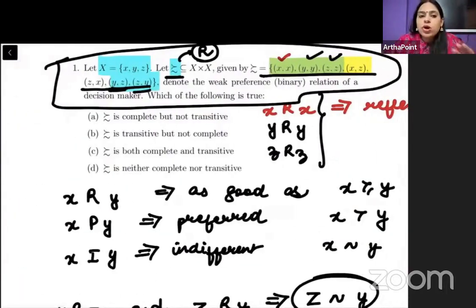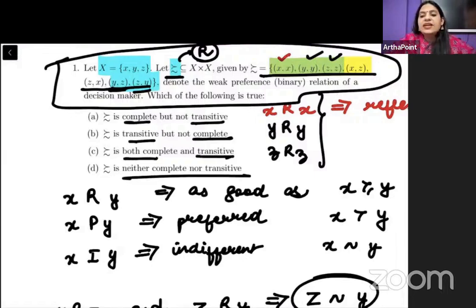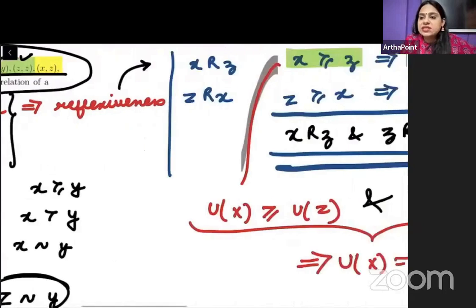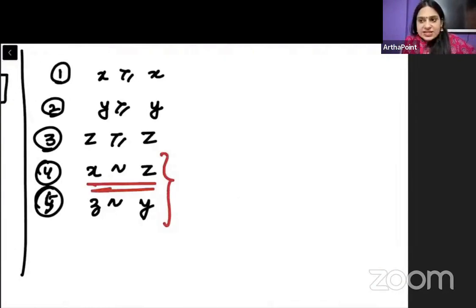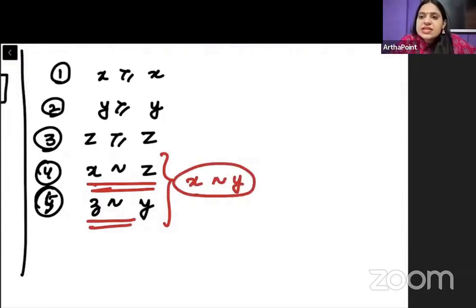Now let's look into what the question is saying. The question wants to help me understand whether I can check completeness and transitivity or not. Question पूछ रहा है कि can you test completeness and transitivity or not? So try to understand this thing, beta. If I am indifferent between X and Z and Y, I should be indifferent between X and Y. But is this relation provided to you within the set? No, this relation is missing from the set.